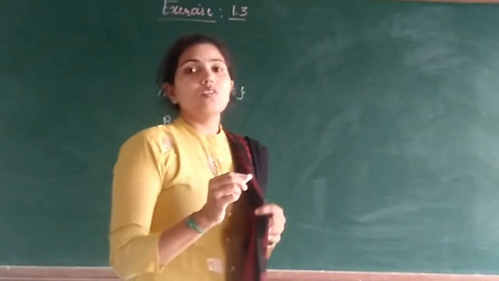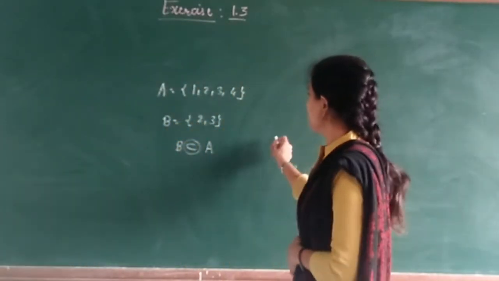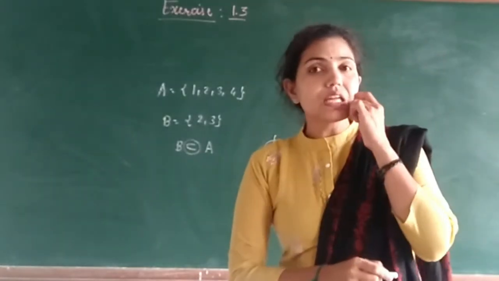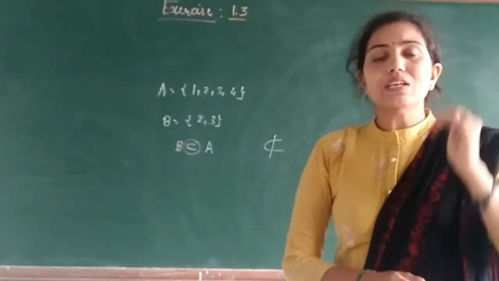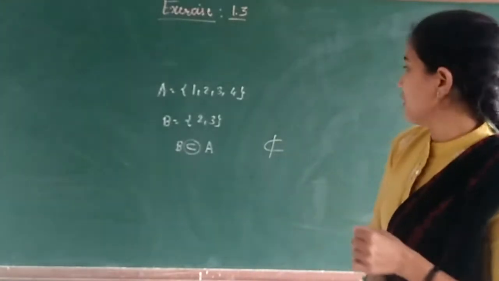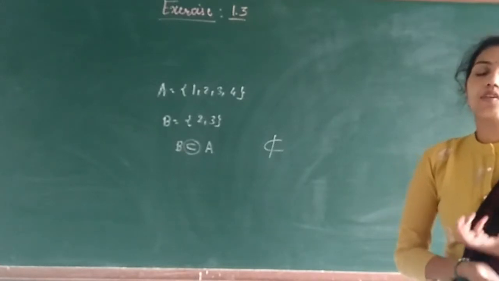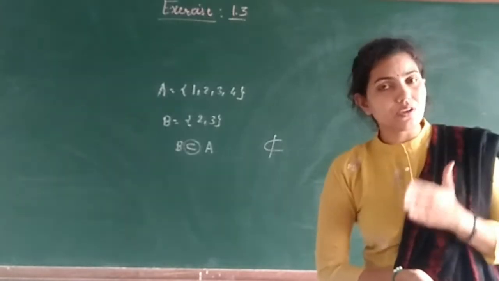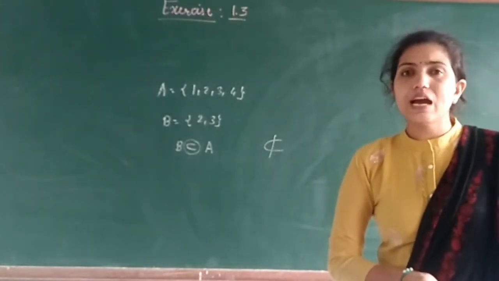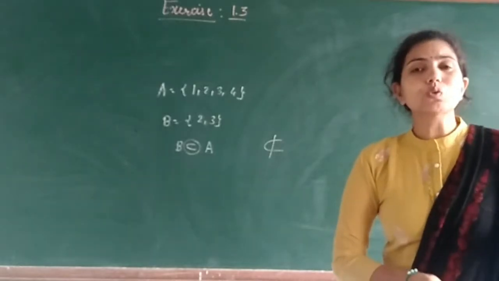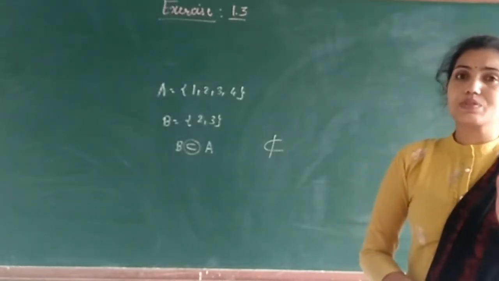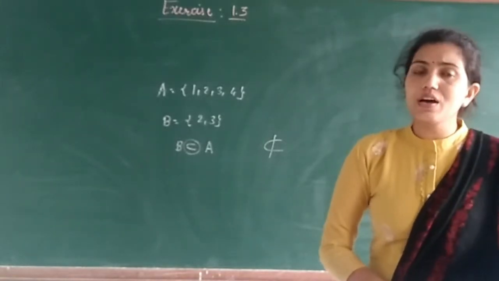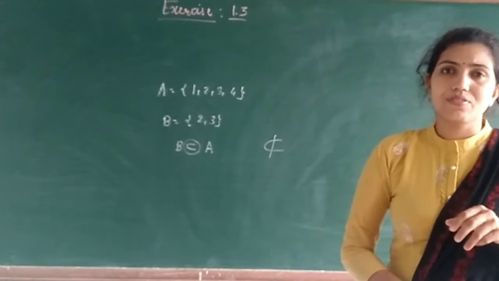Right students? After the symbol, we have seen the not subset. This is the symbol of not subset. So this thing we have seen in the last video. After that we have seen the subsets of the set of real numbers. Which subsets do we have? Then we have seen the natural numbers are a subset of R. Then integers, that is Z, is a subset of R. Q, the set of rational numbers, is a subset of R, as well as the irrational numbers are a subset of R, and R is a subset of itself.